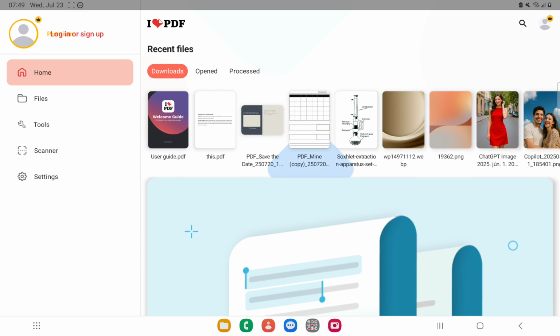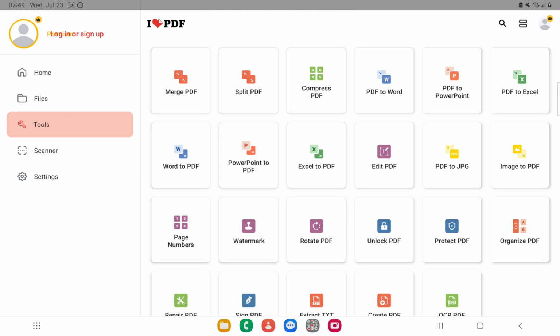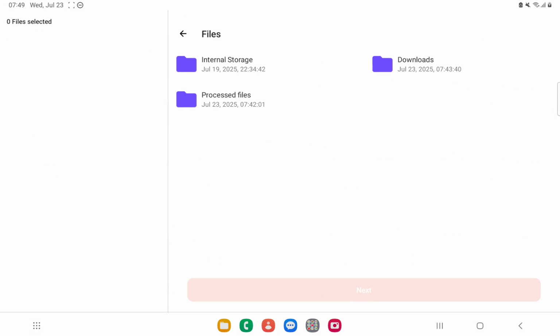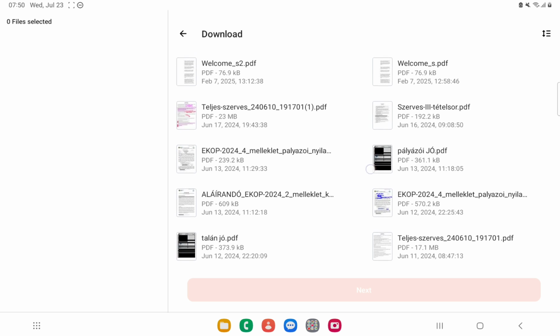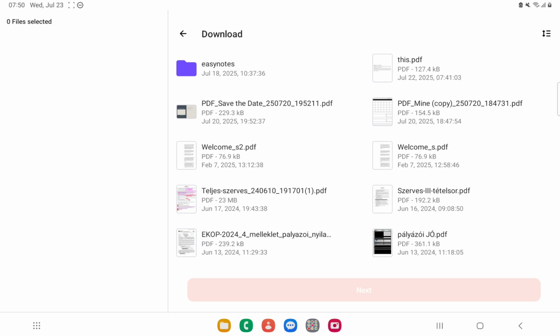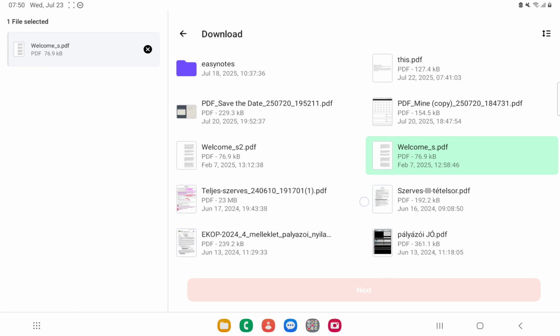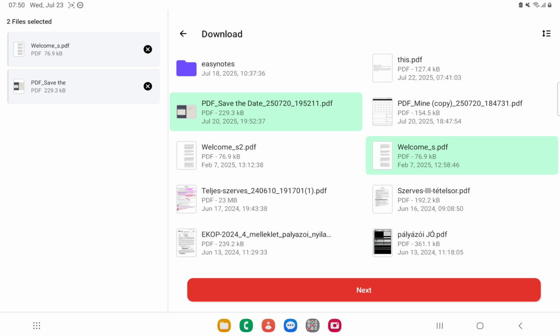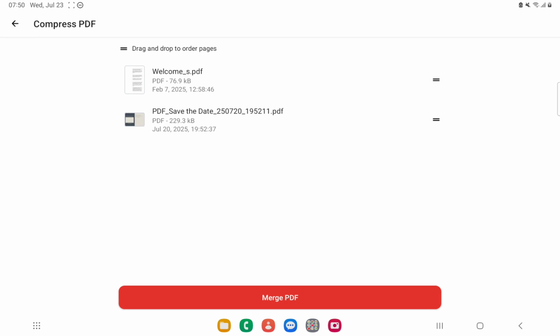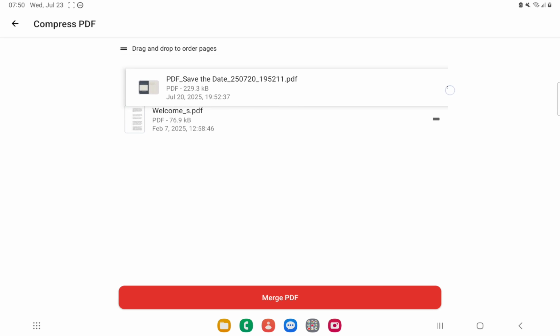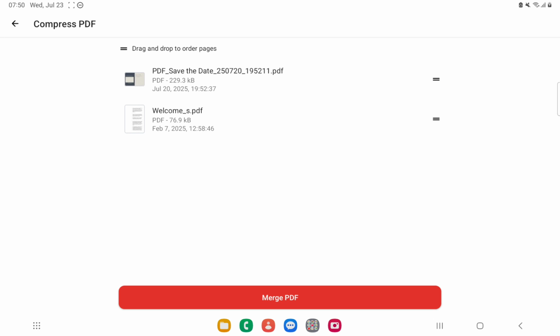Just open the app and go to the Tools and now click on Merge PDF. We have to choose at least two files. We'll choose this one and this one. Click on Next, and after that you can drag and drop these PDF files to change their